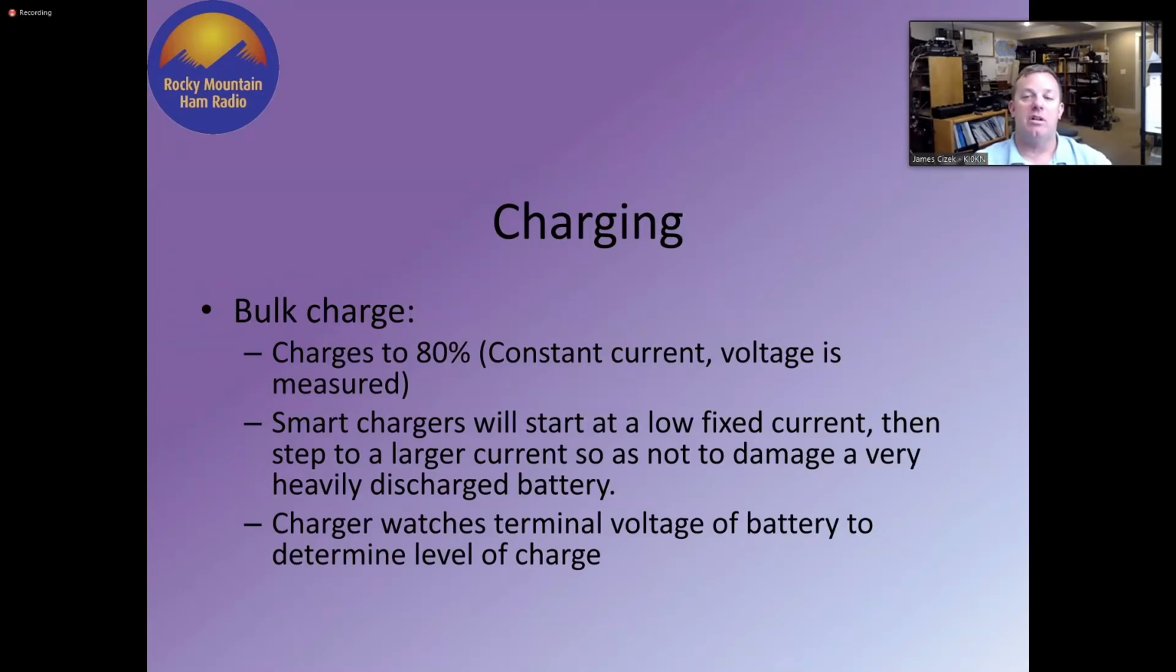But they'll start at a low fixed current and then step to a larger current so they don't damage the battery if it's heavily discharged. Again, that plate warping thing, that can happen when it's charging too. So we bring the battery up very slow. And then once the battery's at the point where it can be healthily charged at a decent current, the charger will do that. Once the terminal voltage is at a determined level, and it's determined that it's about 80% full,